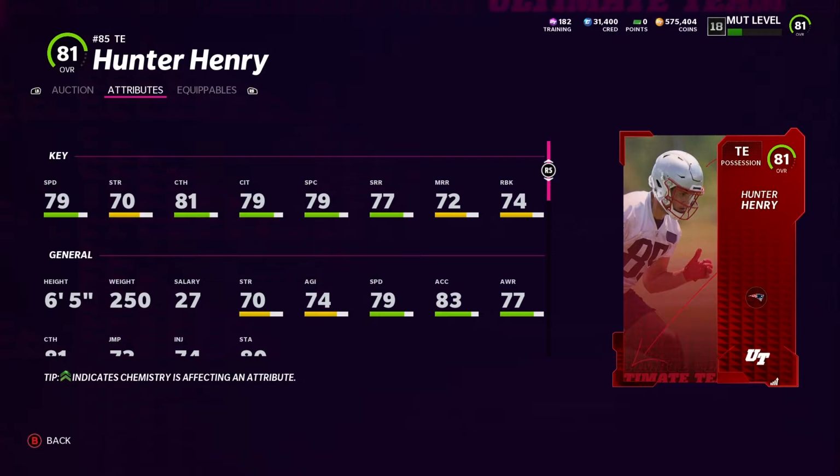So Hunter Henry obviously has 79 speed, but he also does have 74 run blocking with 70 strength, so that's a really good combination. He is 250 pounds, so he's a little bit heavier, same height and weight as OJ Howard. So I think that does play a factor in how well your offensive line plays and how well your team's gonna block, basically. But with that being said, though, he should be a really good run blocking tight end for you. And if you're someone that likes to run the ball, I mean, I love to run the ball,